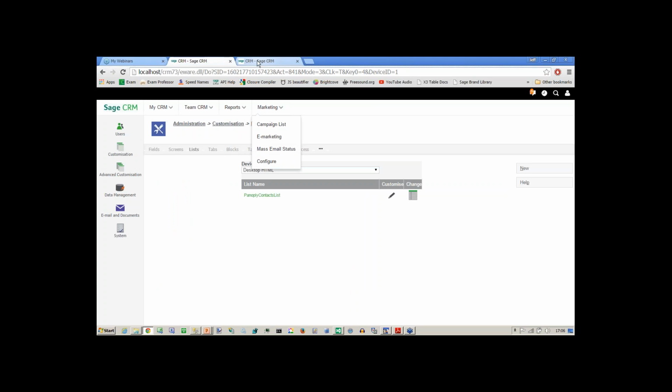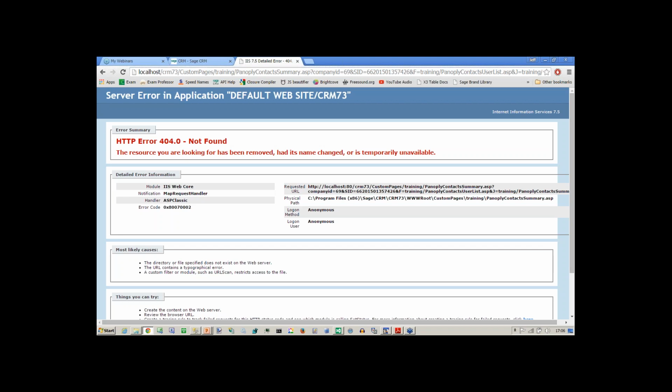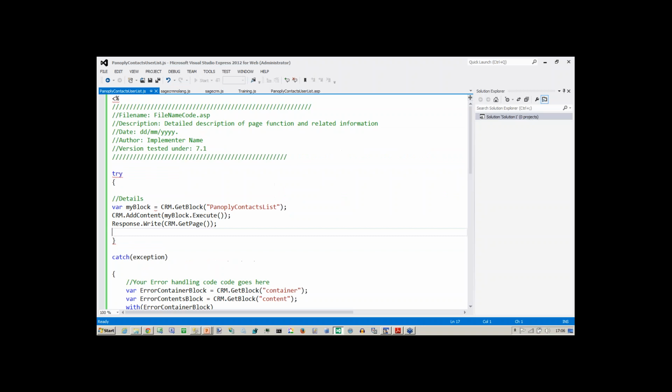Now, obviously, I haven't got that written yet, so if I refresh this page where we can see these links and I click on this, we will discover that we get the friendly 404 error message. And now if I switch across into my screens here, this is where we can start to